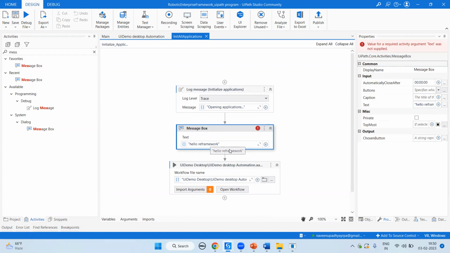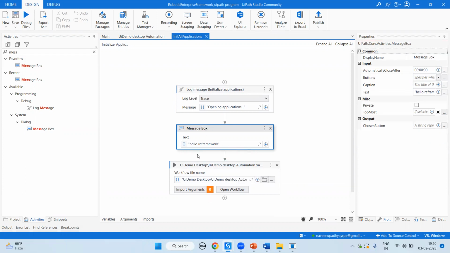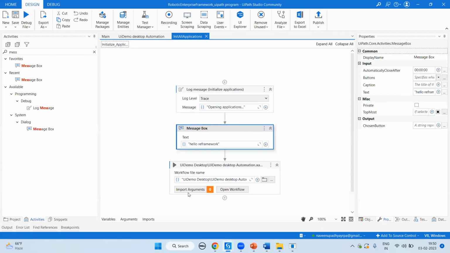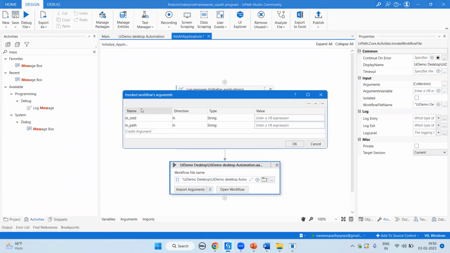Right now, what we are going to do again here, please understand this. When you drag and drop anything, whatever arguments you've created will automatically come here. Right now, the arguments are in credential and path. This credential and path are part of your config, and the config I'm automatically getting here as the particular argument called in config. And here we are going to pass dot ToString, and here the same config data. Your config data is this particular